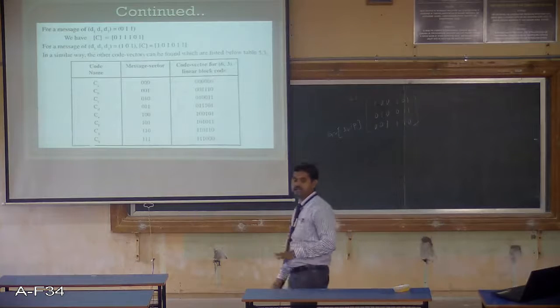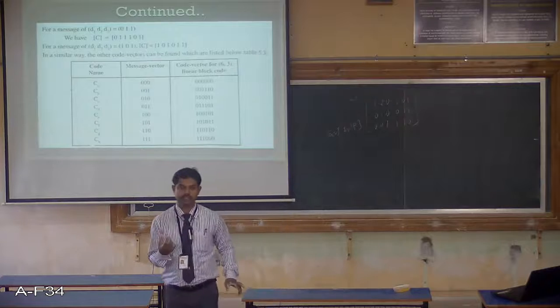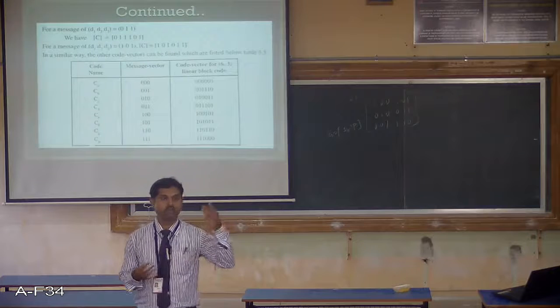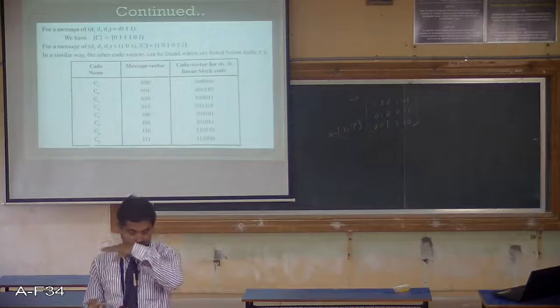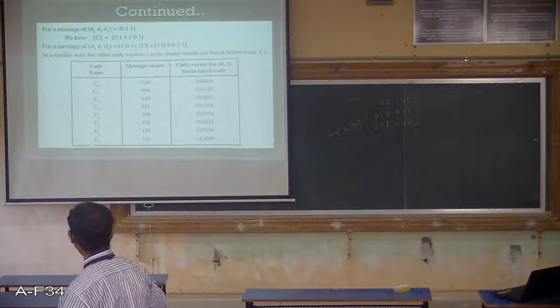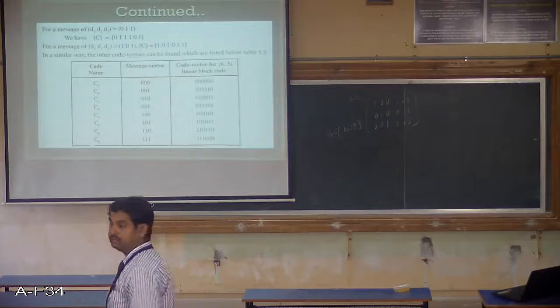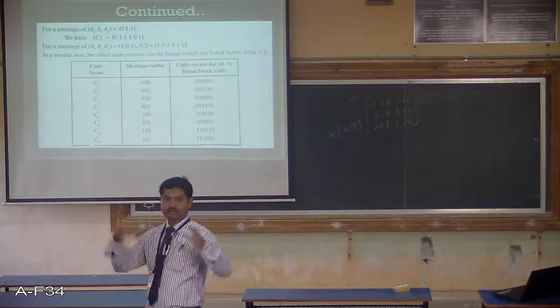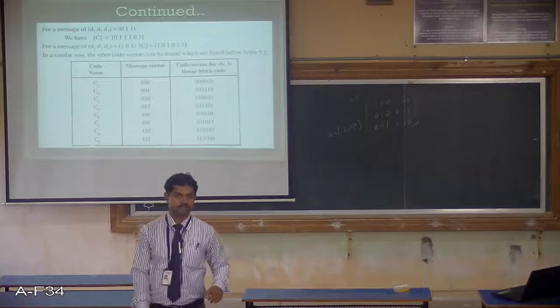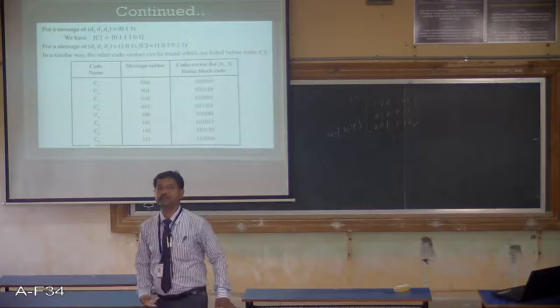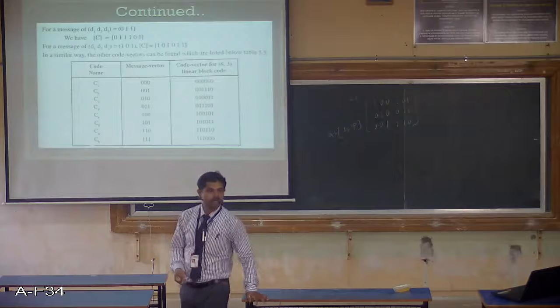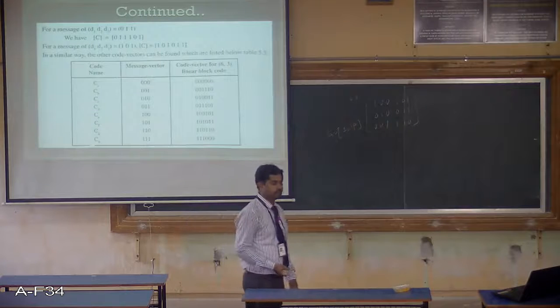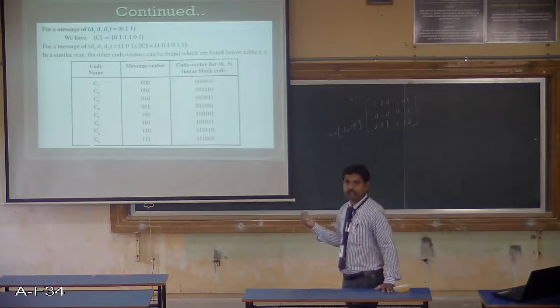So I have just taken one example for one particular message. The message can be anything from all 3 zeros to, here is one message. For that, multiply with the generator matrix, which is already defined. You have the equation form also for that.